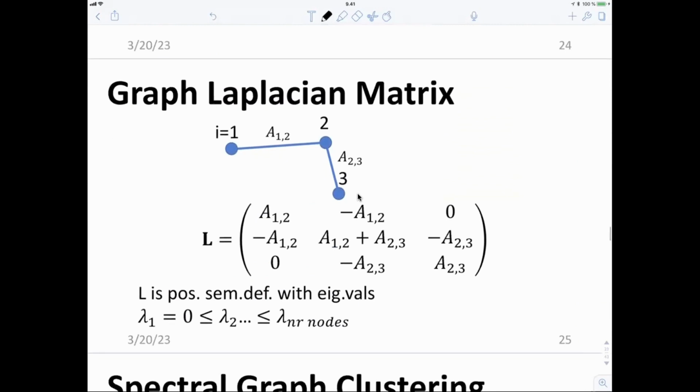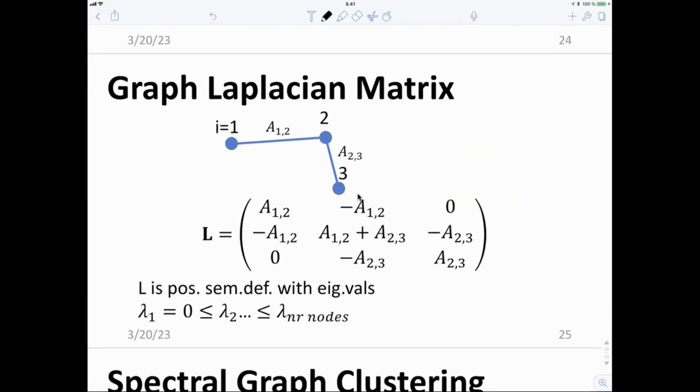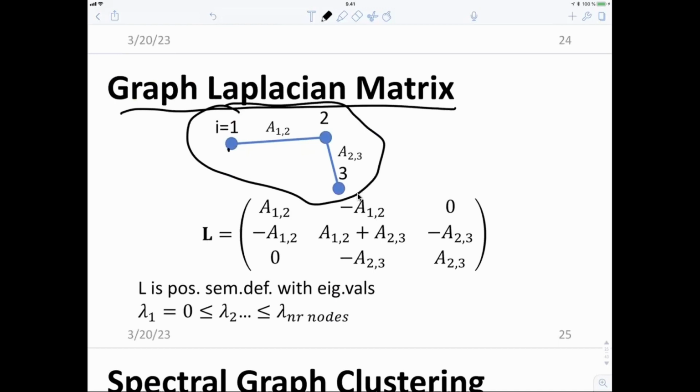Then what we will need in the next lectures, in particular, to understand the statistical properties or the behavior of federated learning algorithms, it is useful to look at matrices that are associated with graphs, with the empirical graph. In particular, we will use what is called the graph Laplacian matrix. I have shown here an example, an empirical graph with 3 nodes, 1, 2, 3, and 2 edges. And the Laplacian matrix